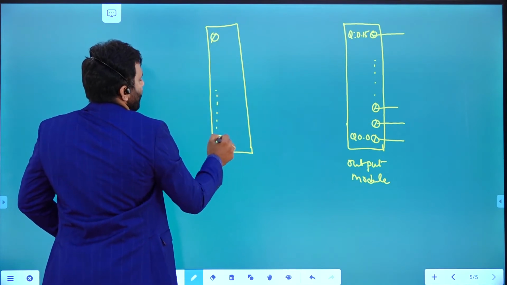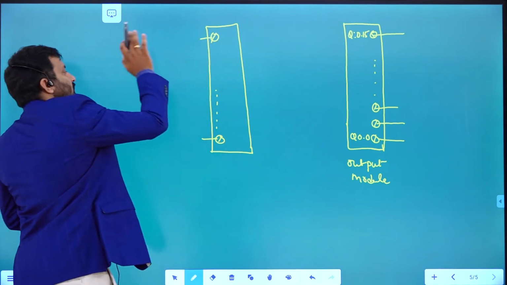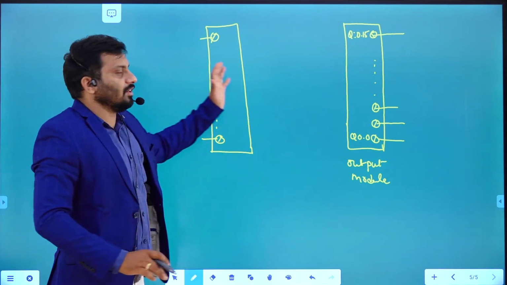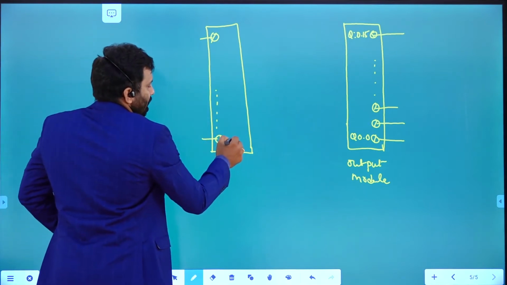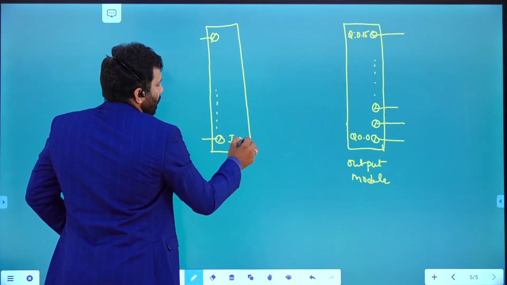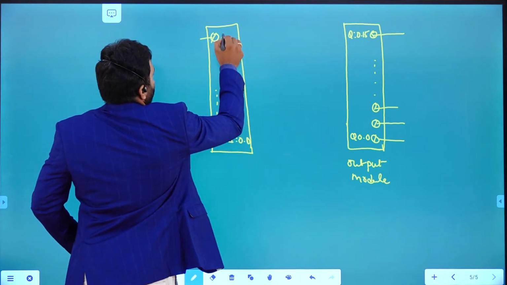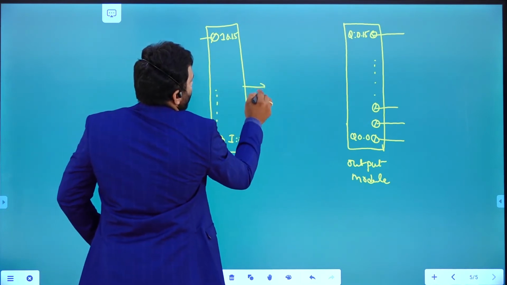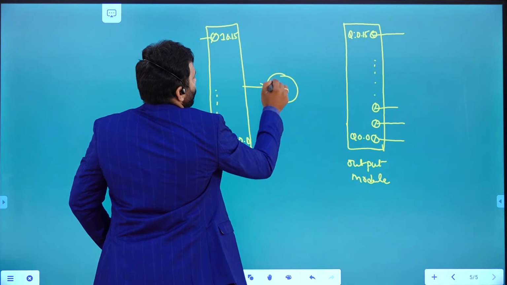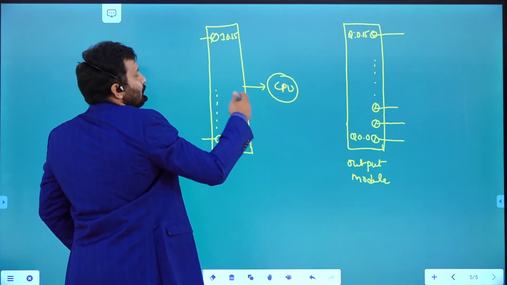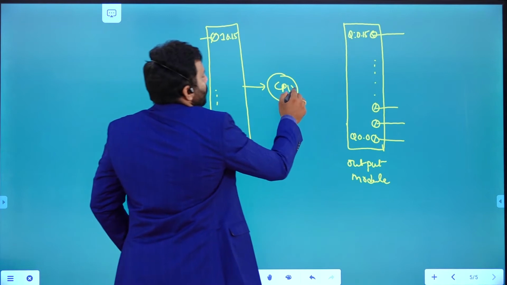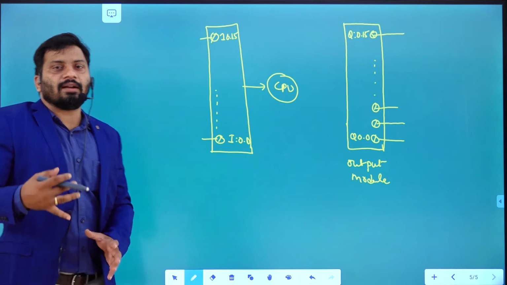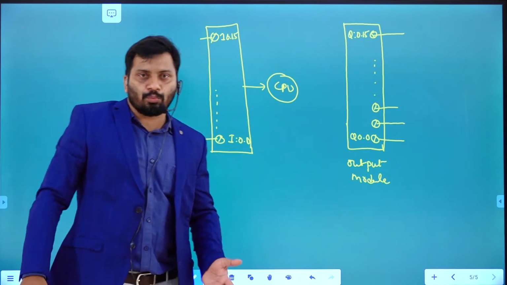You can connect 16 input switches to these 16 input terminals, I 0.0, I 0.1, up to I 0.15. This input data acts as an input to the CPU and is stored as the input image block in the RAM. After execution of the PLC program, the output image block is updated, and that output image block data controls the output devices.